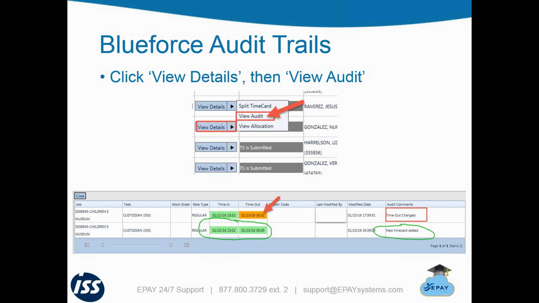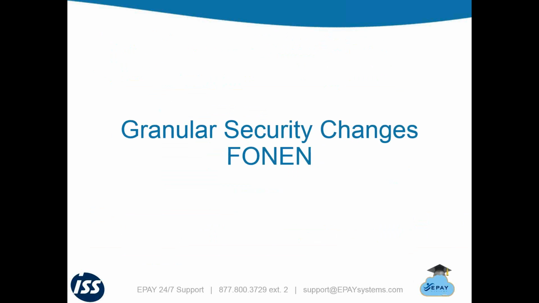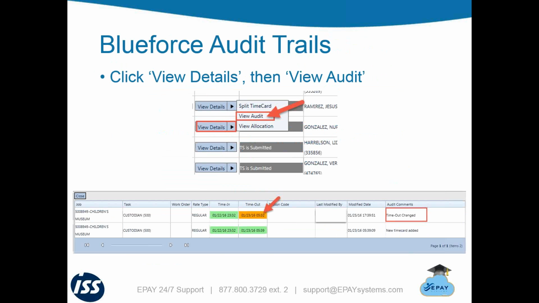Now, the orange comes into play here because now you have a change in color. Notice here that now in the oranges, it pops up in here. Oh, let me go back one, sorry. So the orange that pops up here in the bottom of the screen is really just telling you that someone has made a change in time from 5:39 to 5:32. So that 5:32 is important to note, because we've actually shorted the employee 7 minutes. So the question becomes, whenever you see anything from an audit perspective,